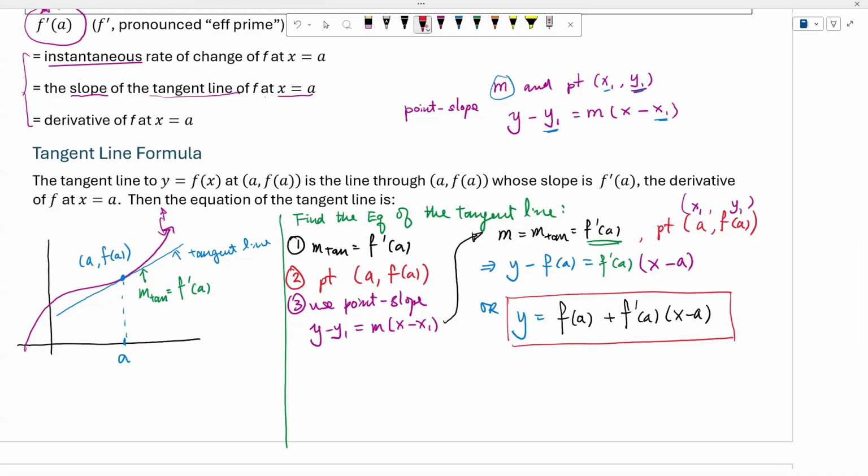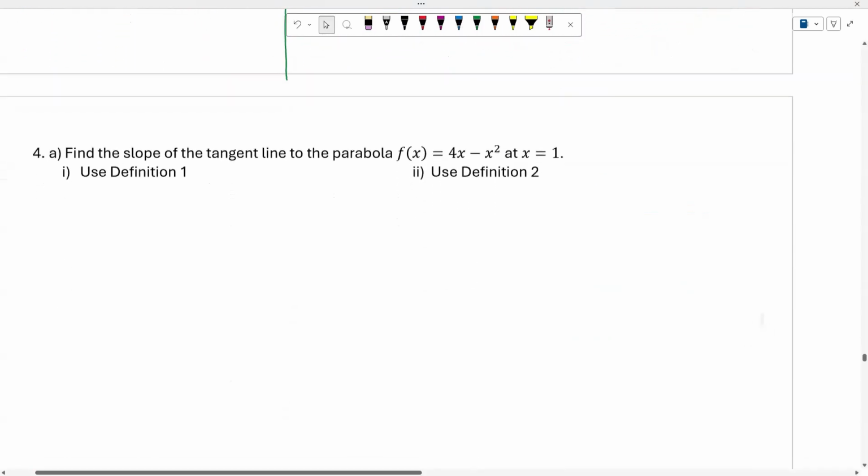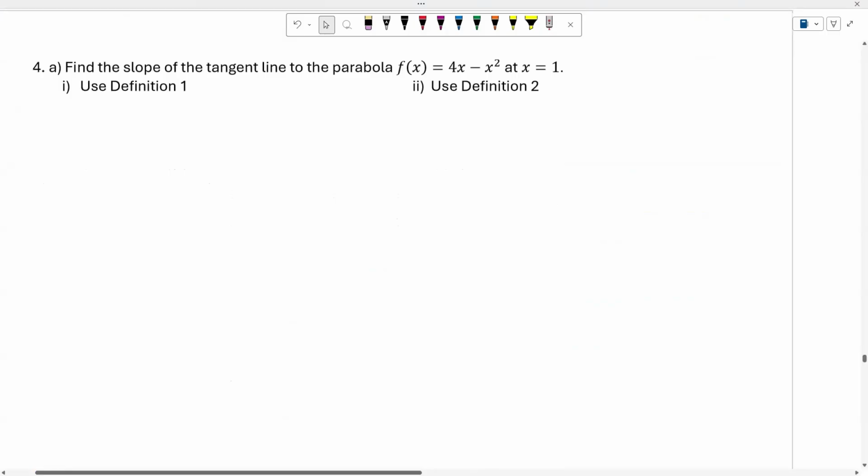Now, I don't want you to memorize these equations, because sometimes if you memorize and then forget, how do you actually come up with the equation of the tangent line? Instead, I would like you to remember this point-slope form. This is how I work it out when the problem asks me to find the tangent line. I use the point-slope form to help me finish the problem. Then now let's see how we actually work out the problem.